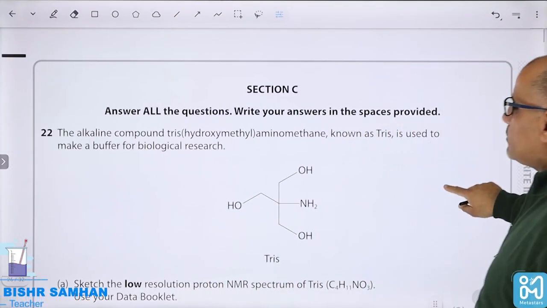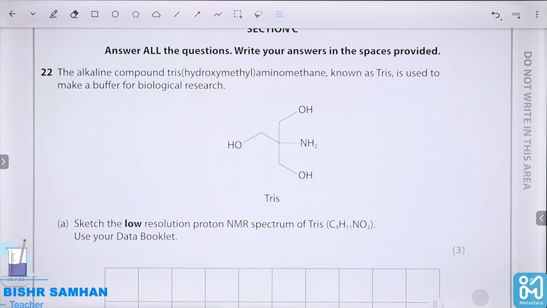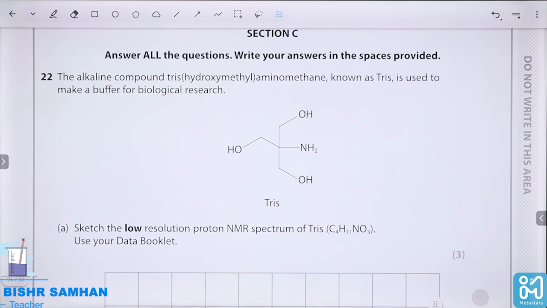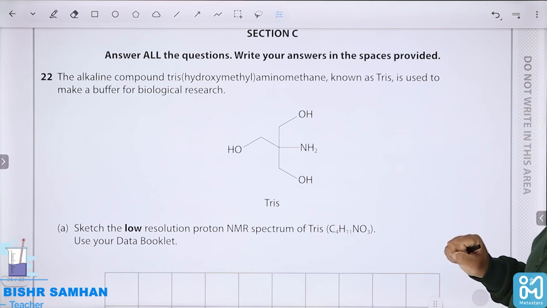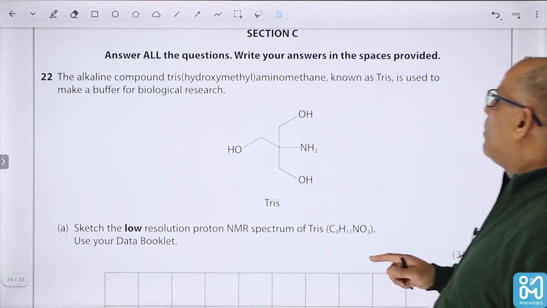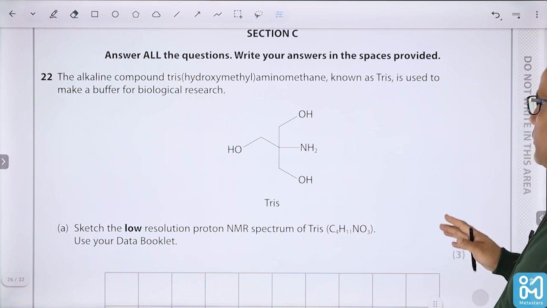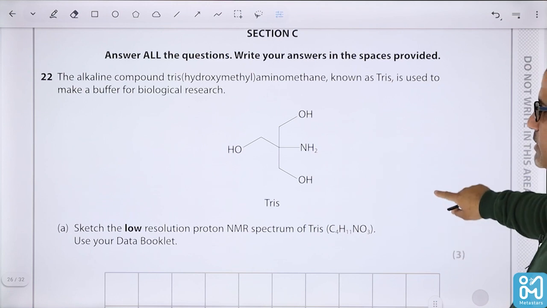Now, in the coming question, he is asking you to answer all the questions. This is section C, and as you know, this paper includes 3 sections. The alkaline compound tris(hydroxymethyl)aminomethane, known as Tris,